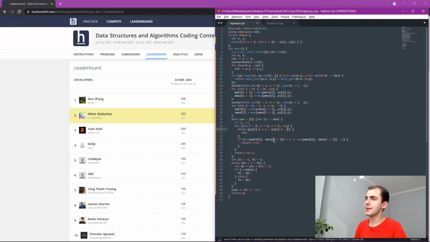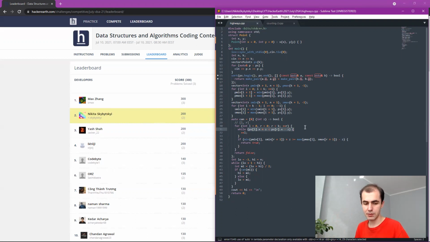Here, sweep line algorithm, yes, it was expected that binary search will come in handy, and you just had to be careful about what you're doing. I had the wrong ideas, but when I realized that I can sweep line over the vertical sync, then just check the horizontal, it became much easier.